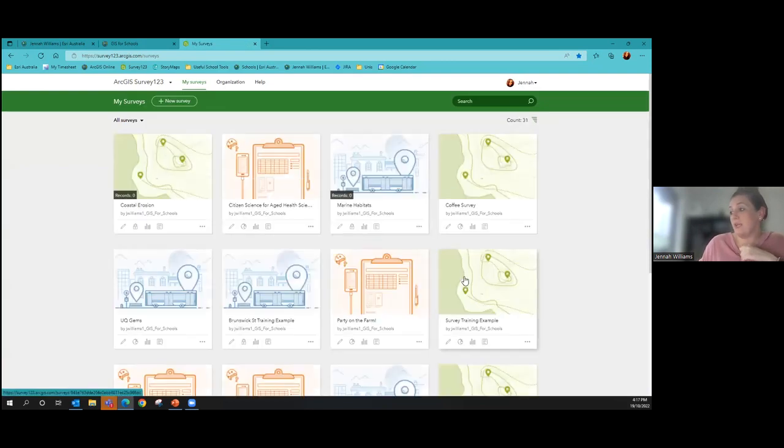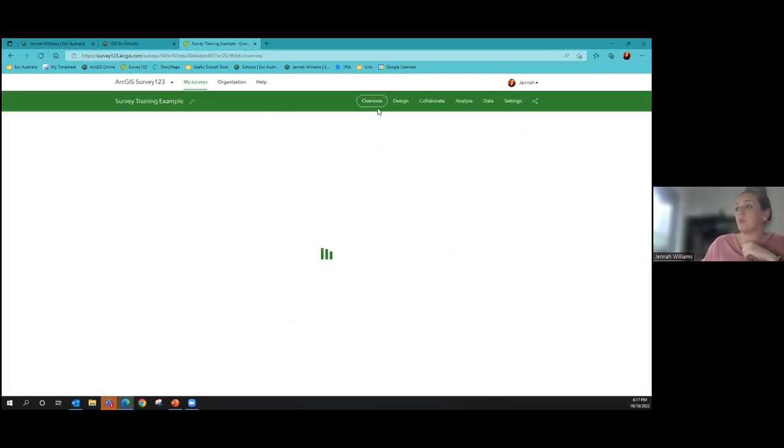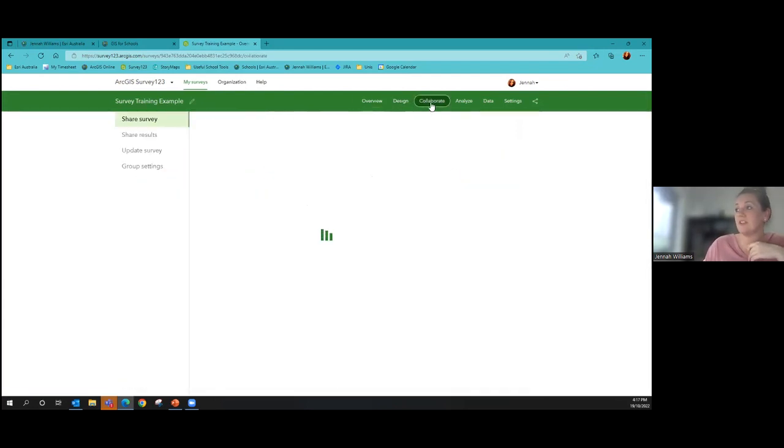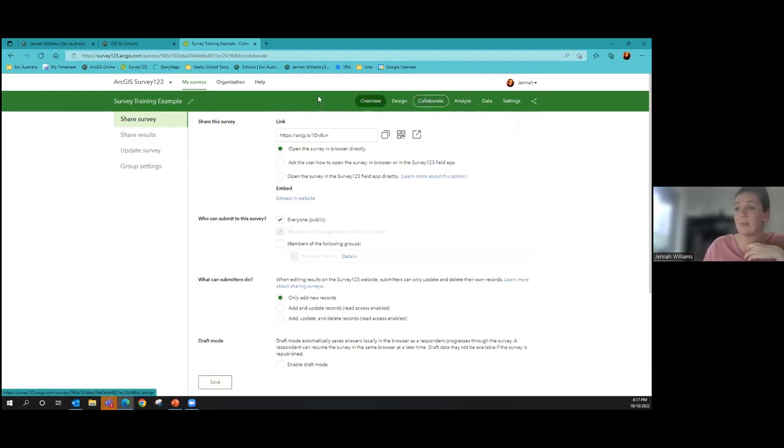I'll just use the one that we all just did. So once you've made it published, you have the option to click on this collaborate tab. The collaborate tab will bring up a link for sharing. Okay, so you can just share that link with your students via a message or your WhatsApp forum or whatever it is that you speak to your students on,